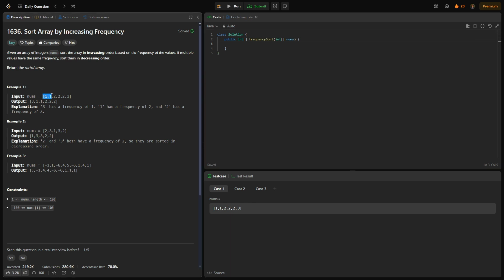So in this situation, we have two 1s, three 2s, and a 3. So our output is going to be 3, and then our two 1s, and then our three 2s, because we only have 1, 2, and 3. In our second example, we have two 2s, two 3s, and one 1. So because we have one 1, we return that first, and then our two 3s and two 2s in